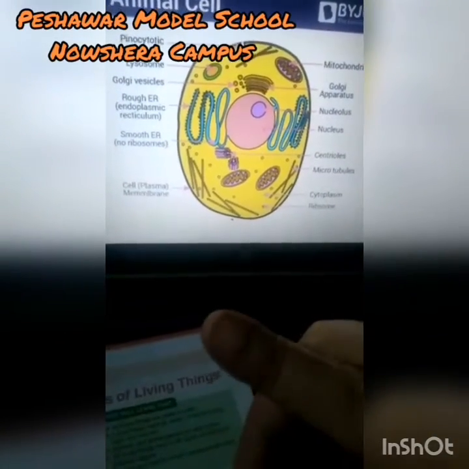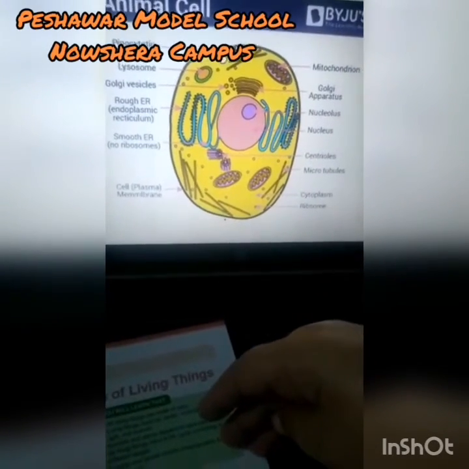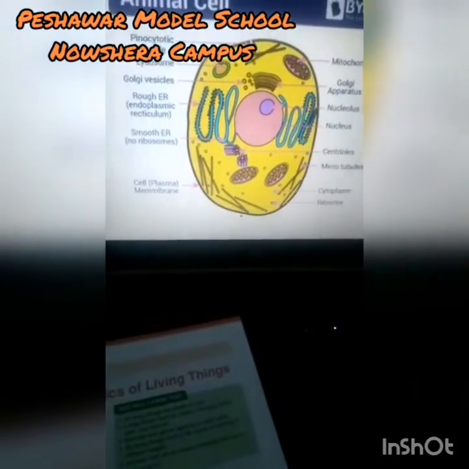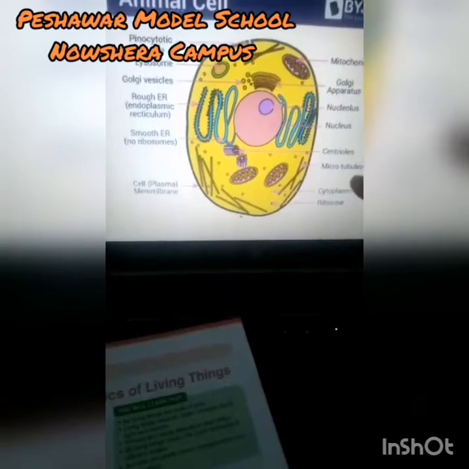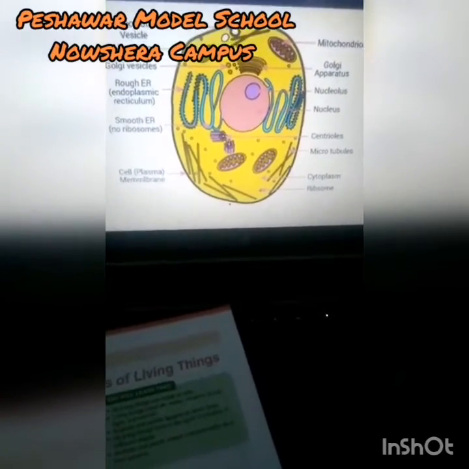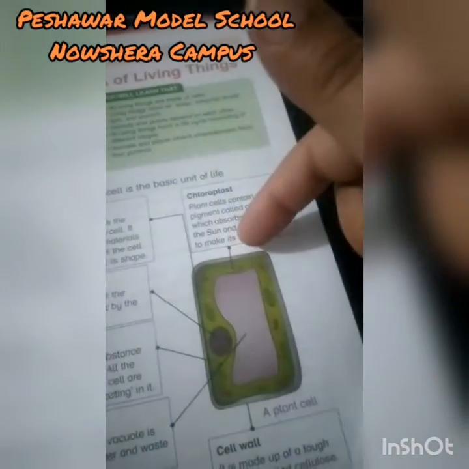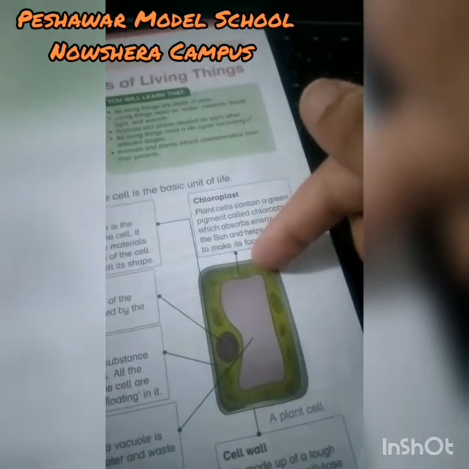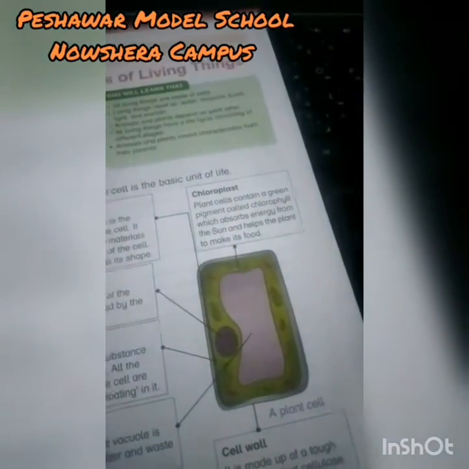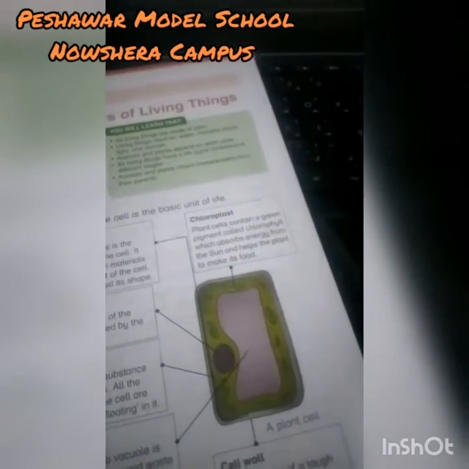In your book, it is simple because your level is grade 4. Okay, so you will draw only cell membrane, nucleus, cytoplasm and vacuoles, only these 4 labelings. And in the plant cell, cell wall, cell membrane, nucleus, cytoplasm, chloroplast, these labelings only. Okay, you will label it on the right side with capital letters.